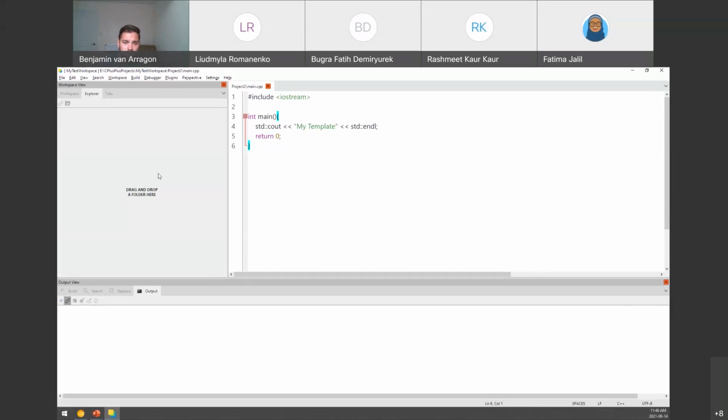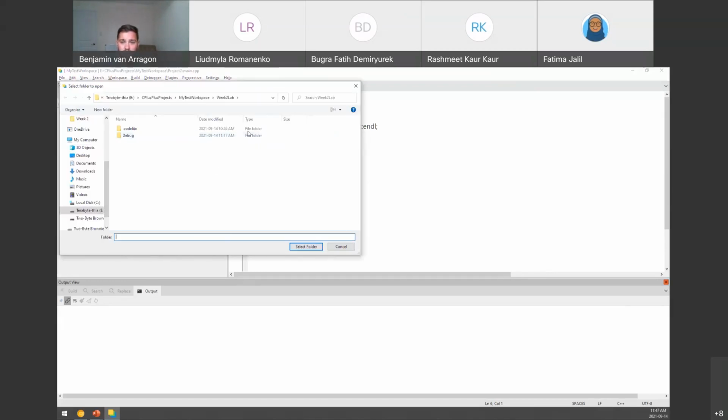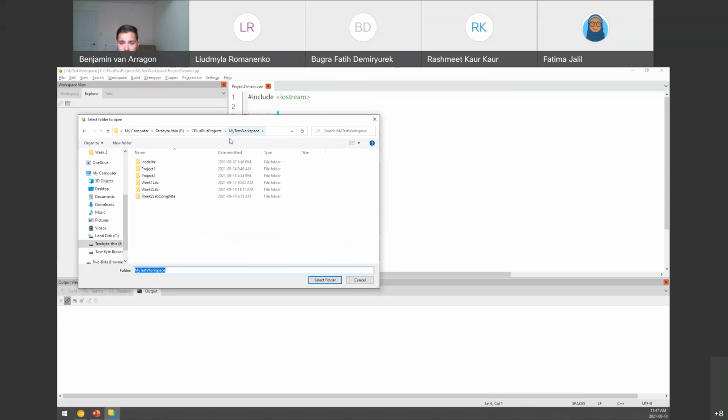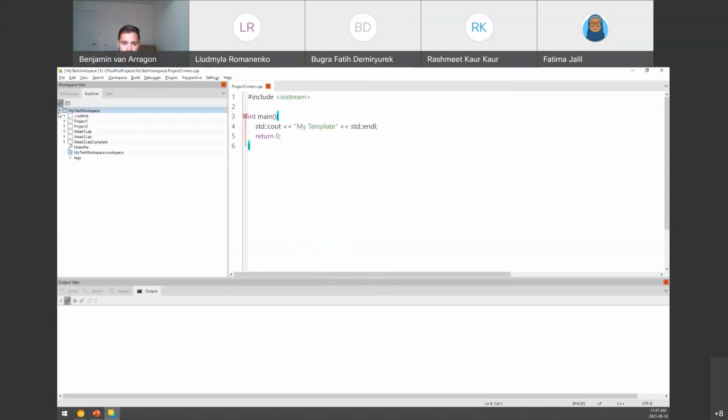Now, basically what this does is it's like a Windows Explorer, and it will show a couple more files than what we'll see in our workspace view. So if I browse to open a folder here, and I go to my workspace folder, my test workspace, if I go up, this is the workspace that I'm in right now. These are all my projects: project 1, project 2, week 1 lab, week 2 lab, and week 2 lab complete. If I select this folder and expand it, we'll see all my projects that are the same as my workspace. Now, what's different here,